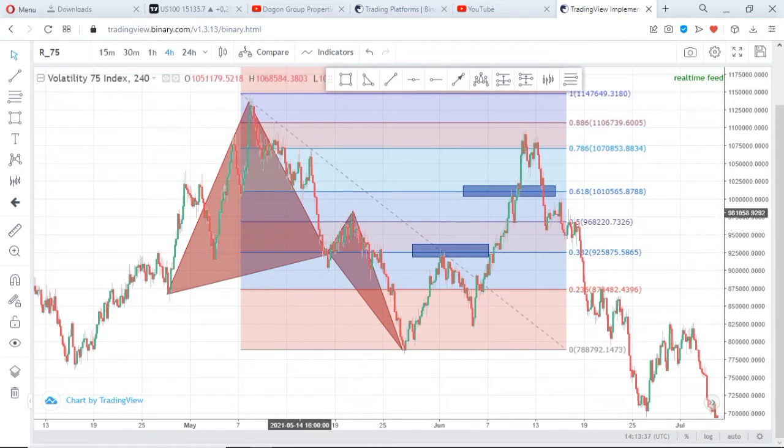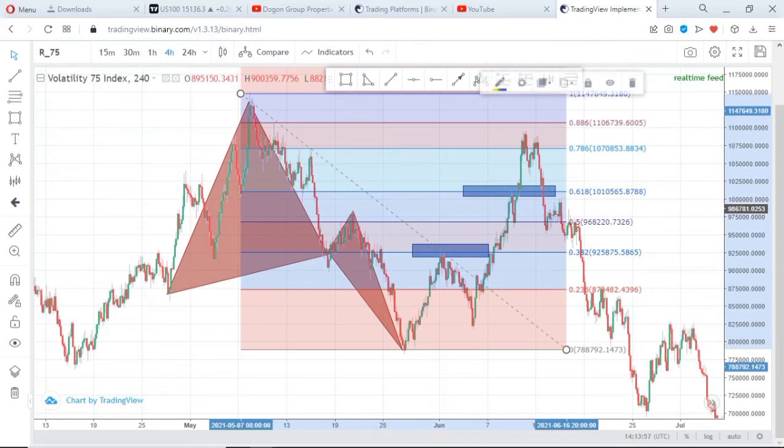So point X, point A, point B, point C, point D. That's your entry level. First target was hit. It retraced, went up, shot up straight to take profit 2, which is 618. So butterfly pattern was valid. But if you look closer again,